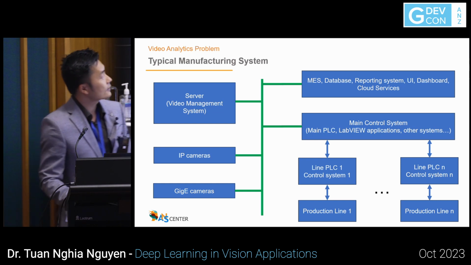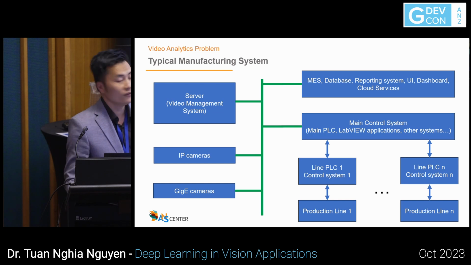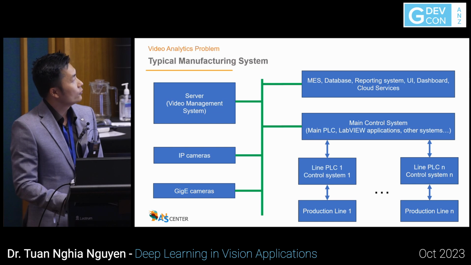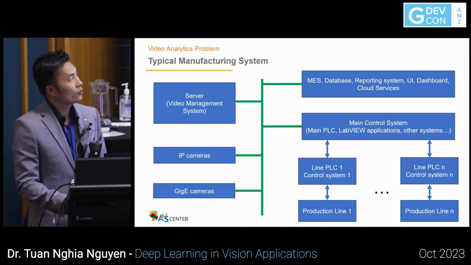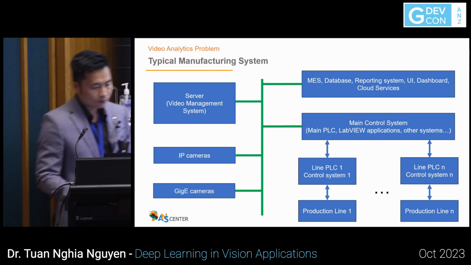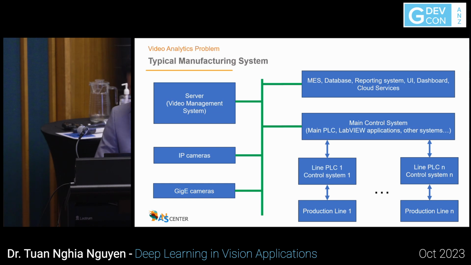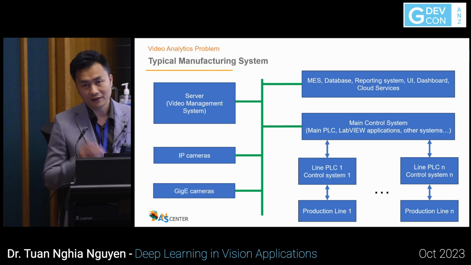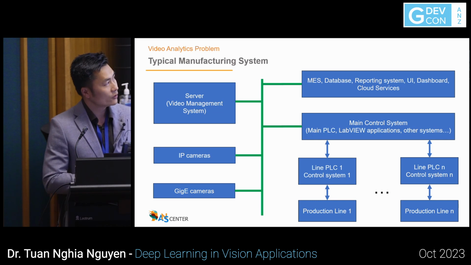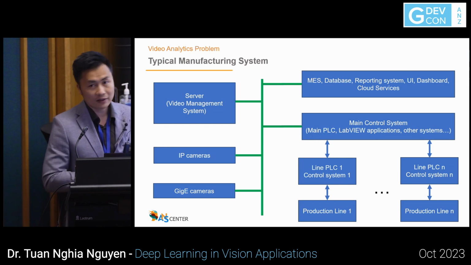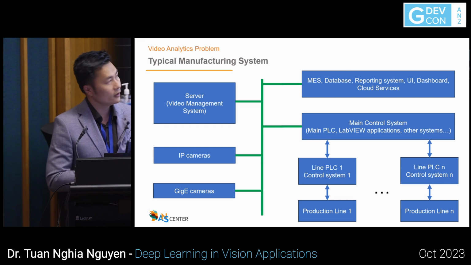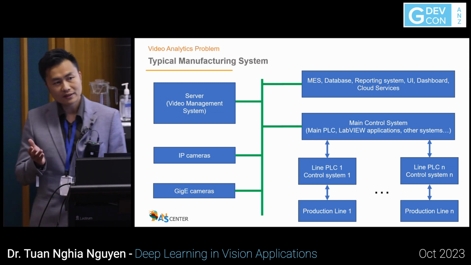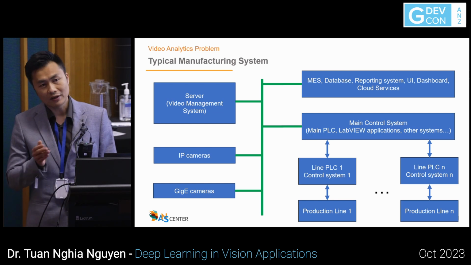And then recently a lot of manufacturers have a video management system. They want to put all of the surveillance cameras in there and do quality control monitoring. That was in the past, but recently we want to utilize the power of artificial intelligence. We want to utilize deep learning and machine learning in order to improve quality control, or simply, for example, to do defect detection or abnormality detection